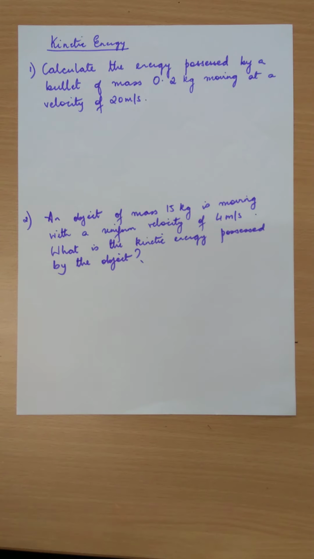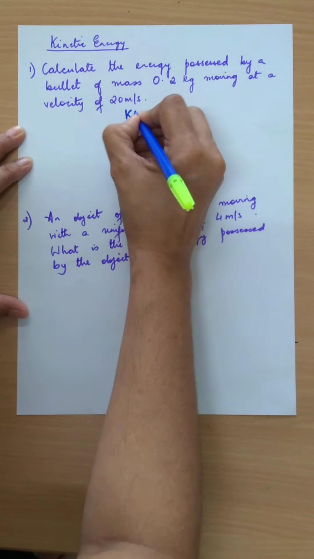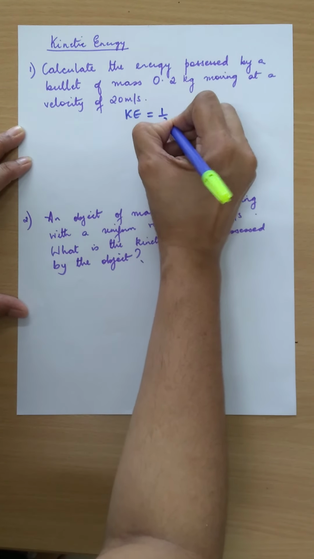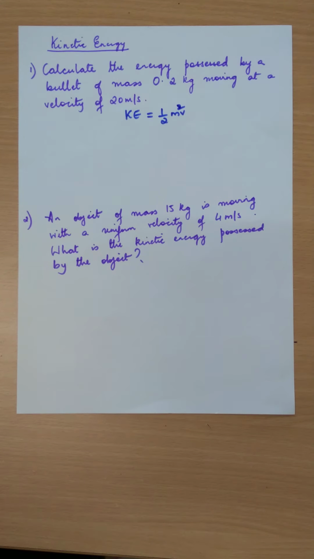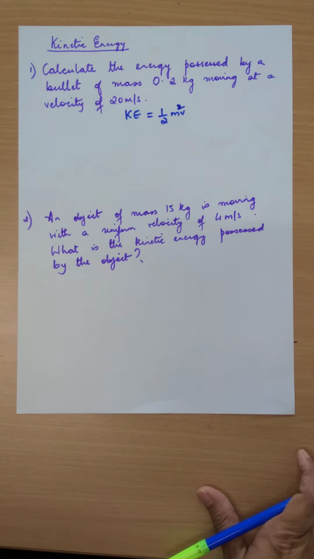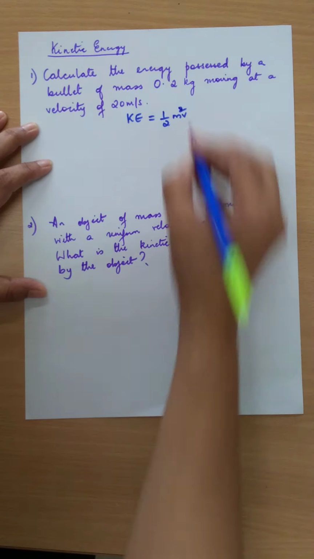Now today we come to the next part in the lesson work and energy, and that is the sums based on kinetic energy. Now we have seen yesterday that kinetic energy is equal to half mv square. We derived an expression for this. Okay? Kinetic energy is half mv square.